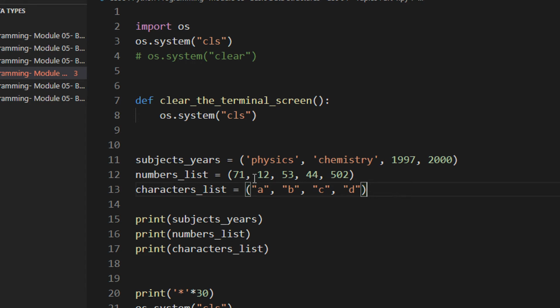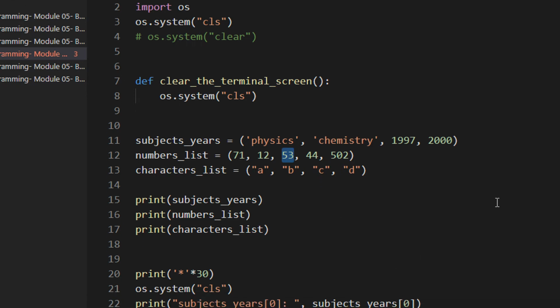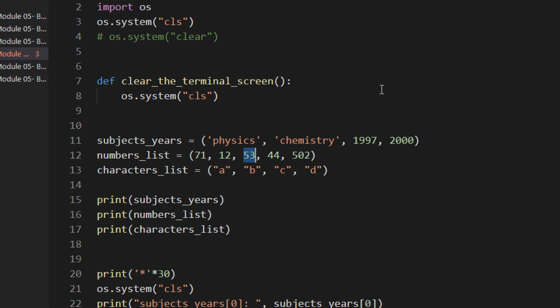So for example, in a list, if I want to change this to 81, in a tuple I cannot. Or if I want to delete this element, I cannot, right? If you have seen my previous 3 videos on list, I have made the same program, just changed the declaration to tuples. Of course my program will have errors, but except that, in terms of indexing, in terms of referring, in terms of writing a for loop, I can still refer things by index in a tuple, like index 1 is 12, index minus 1 is 502. Rest all things remain the same.